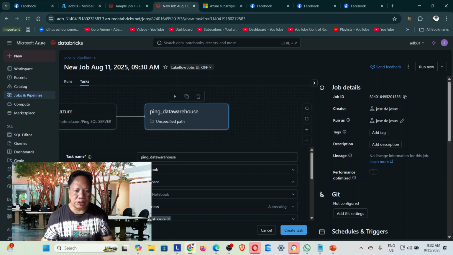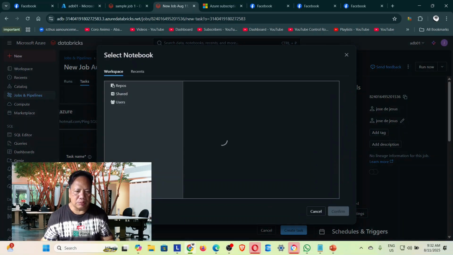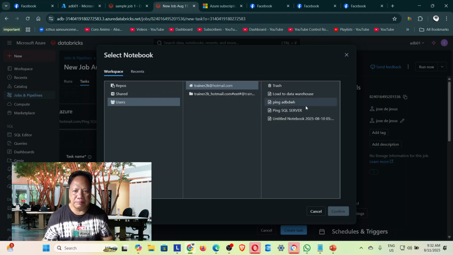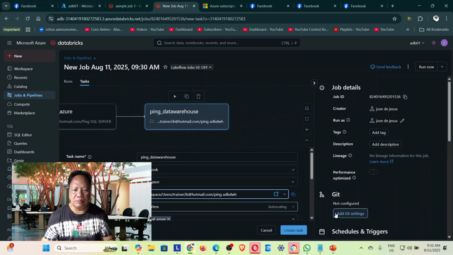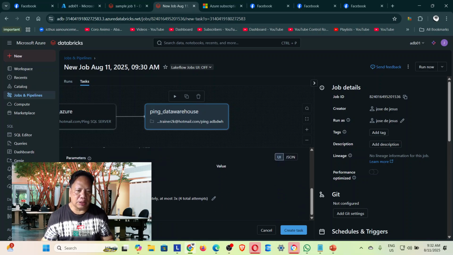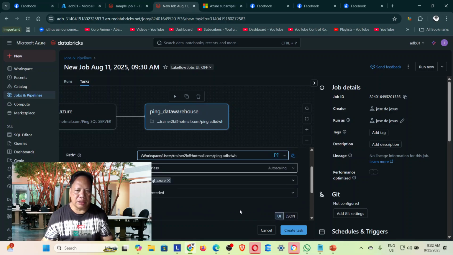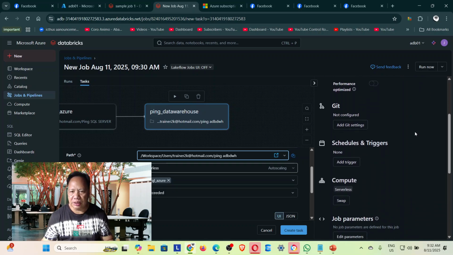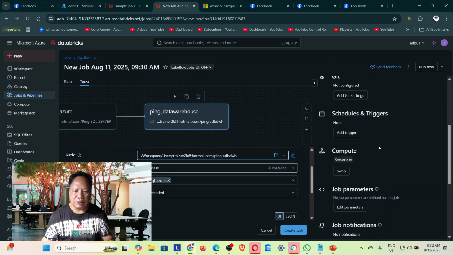Oh, you can choose the type of compute you want to run. We'll talk about that later. We're gonna ping the data warehouse now, and then confirm, and then so you can add keys, encryption if you need, and threshold metrics. There are a lot of properties that you can still configure here, and then we're gonna